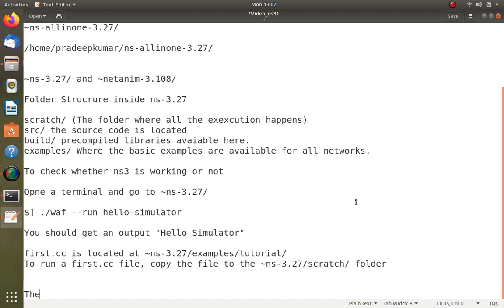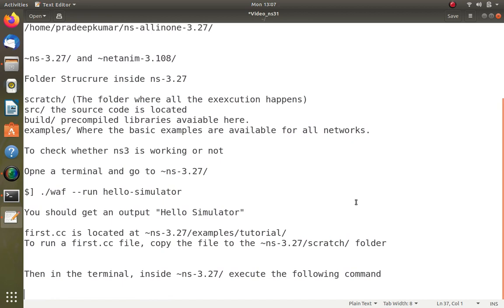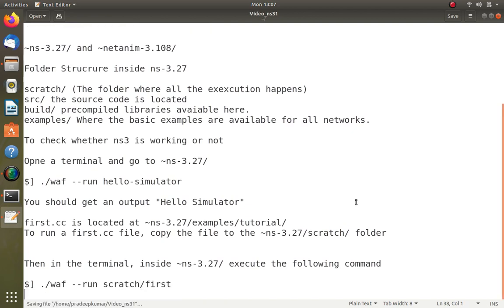Then in the terminal, inside ns-3.27, execute the following command. The command here is ./waf --run scratch/first. So once I have done this,